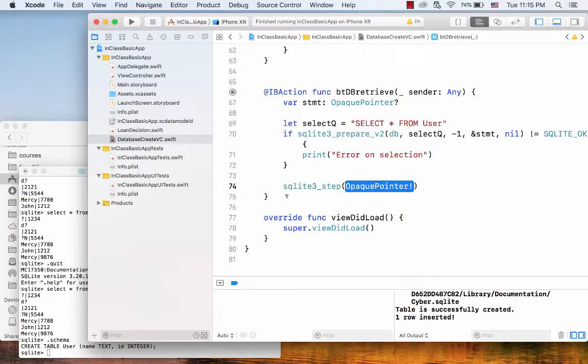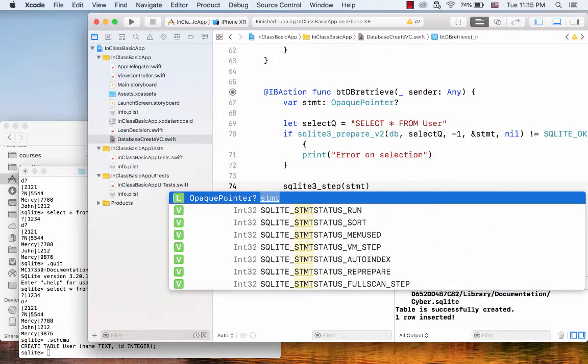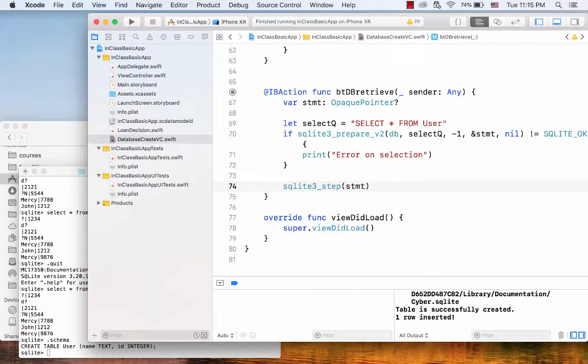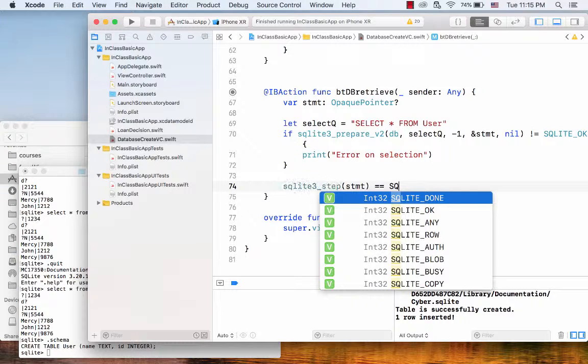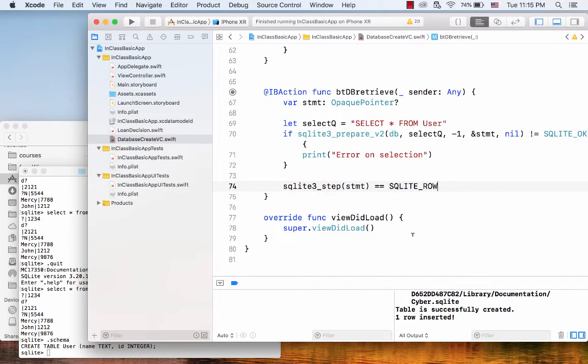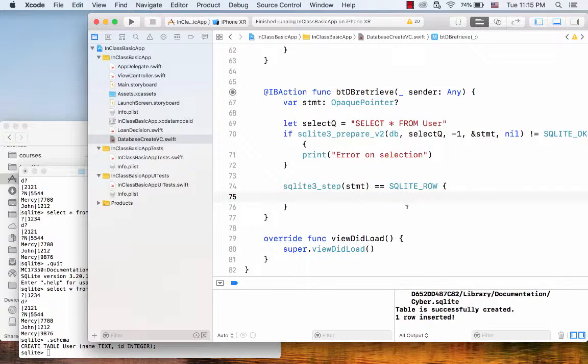All right. So opaque pointer, that is statement. To see if that is SQLite row. Okay. As long as we have SQLite row, all right, as long as means we say while that is row. If row is returned, then we say